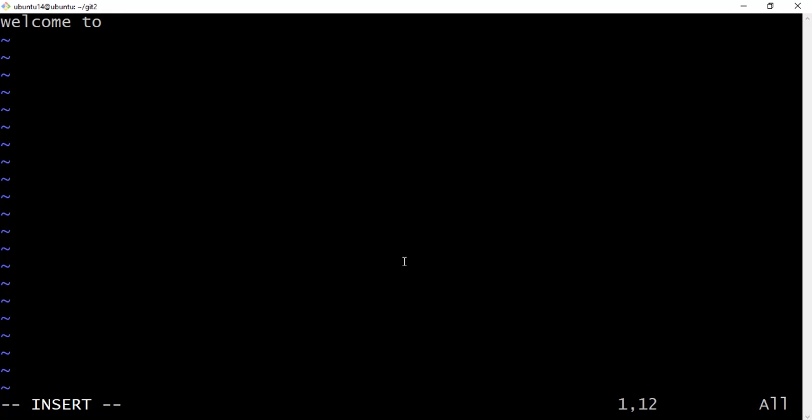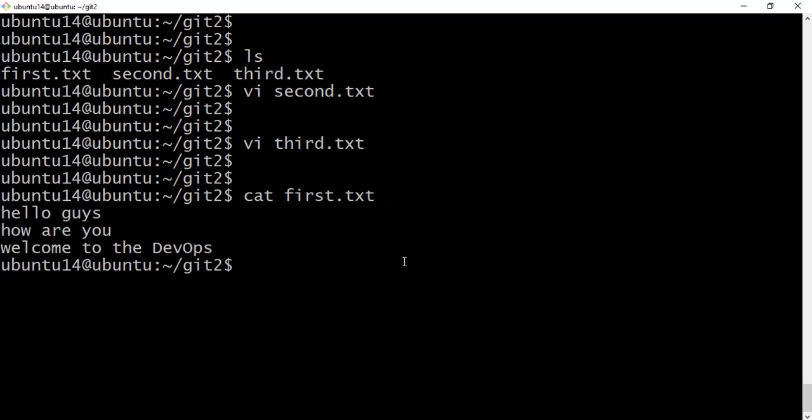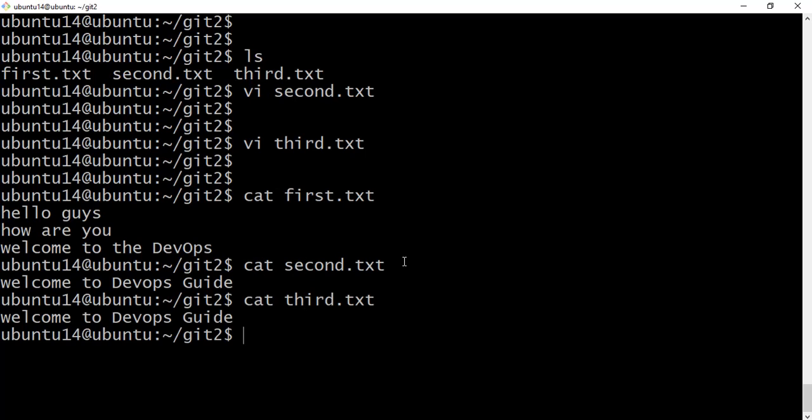Welcome to DevOps guide. So now I have added some text to three files, first.txt, second.txt, third.txt as well. So let's check the git status here.